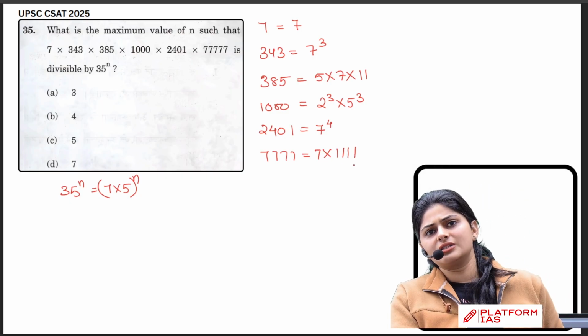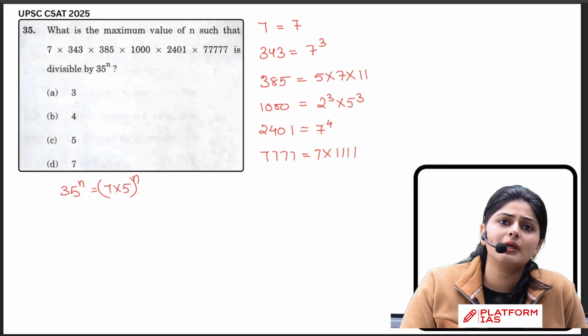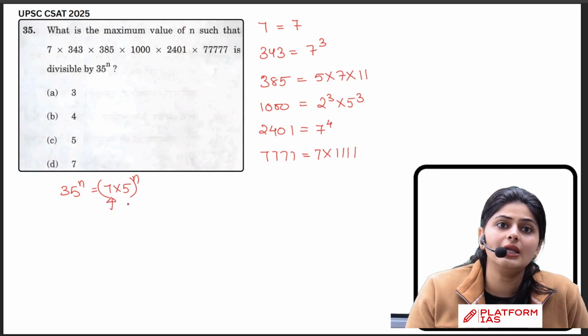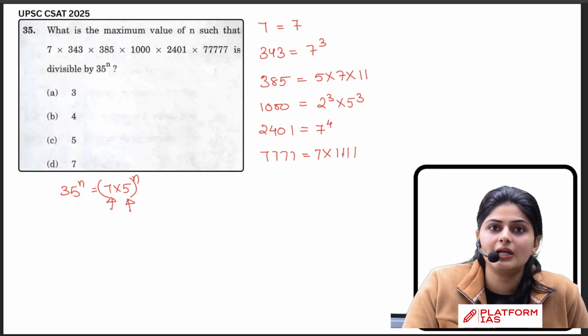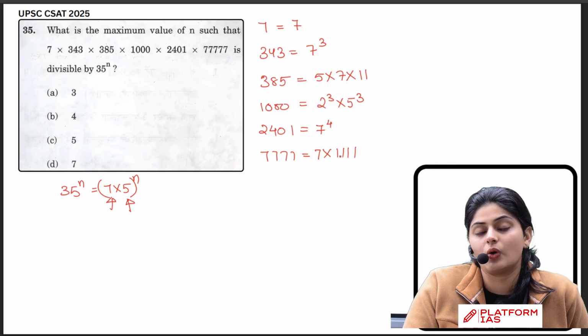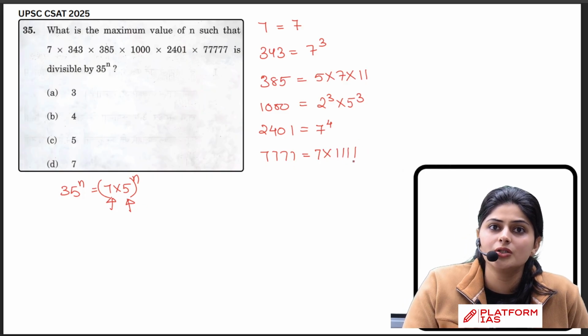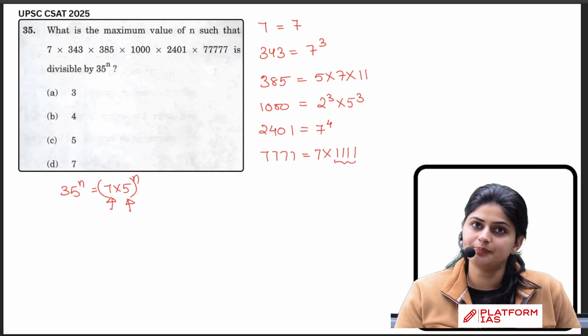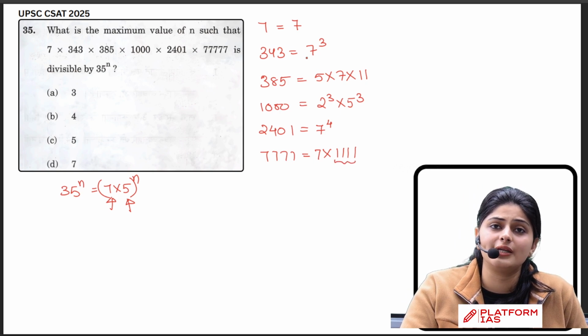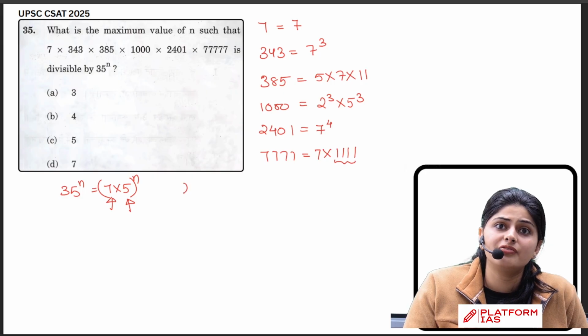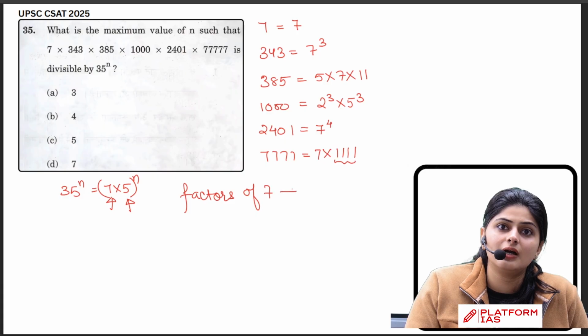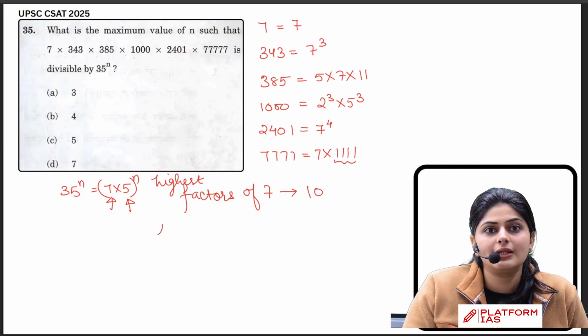No need to further factorize it and waste your time in the exam. Why? Because we are concerned about the factors of 7 and 5, and definitely 1111 is not a factor of either of them. So do not waste your time by factorizing this. Now our main target is to find out the factors of 7. Highest power of the factor of 7 here in the product is 10, and the highest